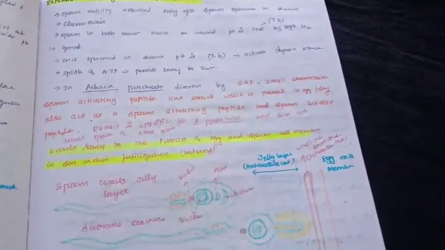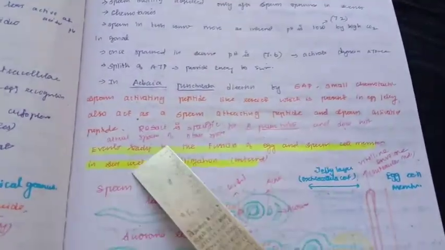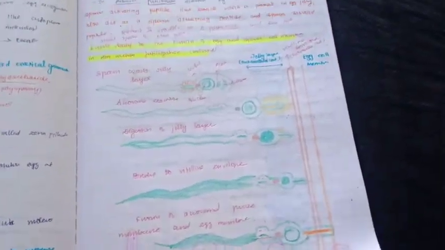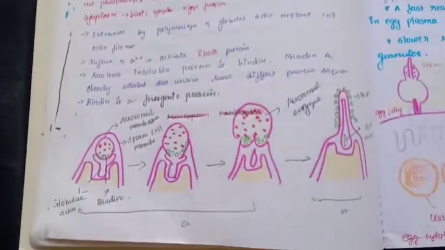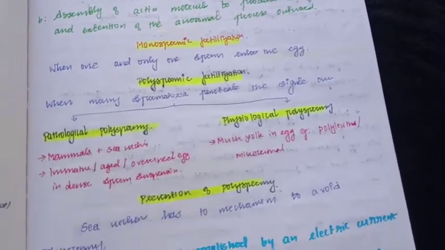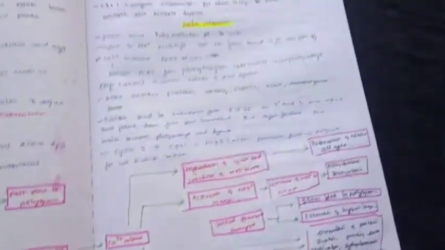And if I revise a question paper, I'll write how the question has been asked, and I'll write the keyword asked in the question, so that in a future revision, maybe the repeated questions might be asked. So this is the acrosome reaction, the diagram. So these are the types of fertilization, how to prevent polyspermy. So this is how I'll write them, the sketch and all.